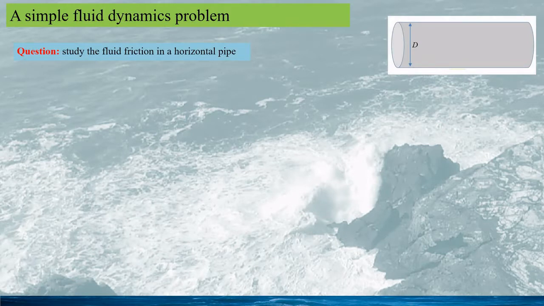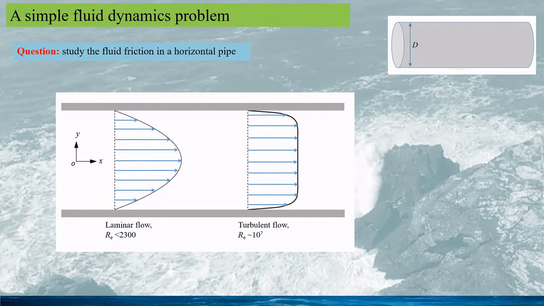Let's start from an example of viscous flow in a horizontal pipe. This is a famous example we have seen in many textbooks of flow mechanics. When the flow velocity is small, the corresponding Reynolds number is small, say less than 2,300. The flow in the pipe can be regarded as laminar, and an analytical solution can be obtained as the Hagen-Poiseuille